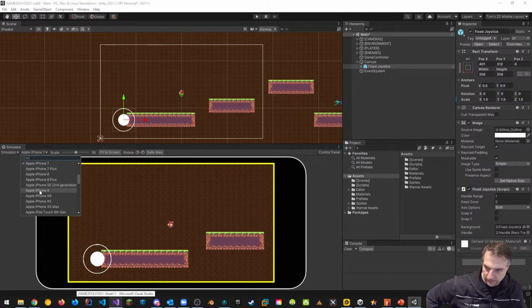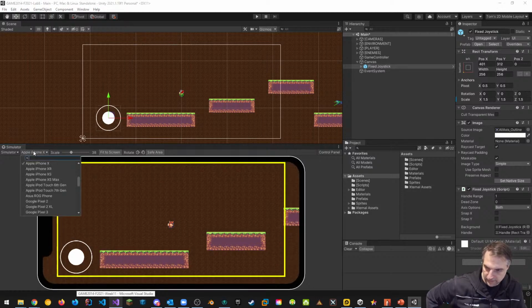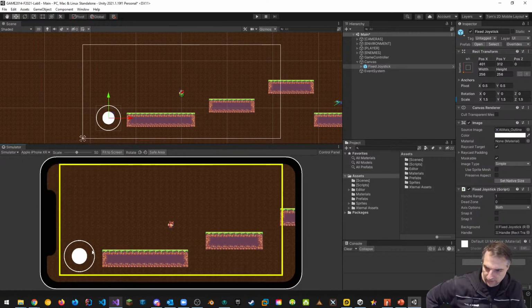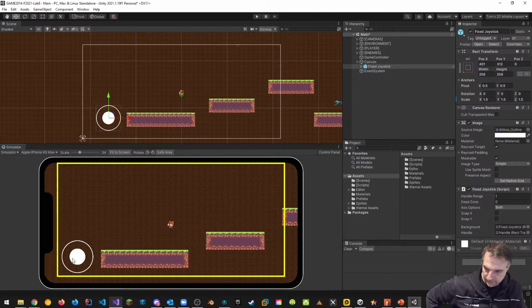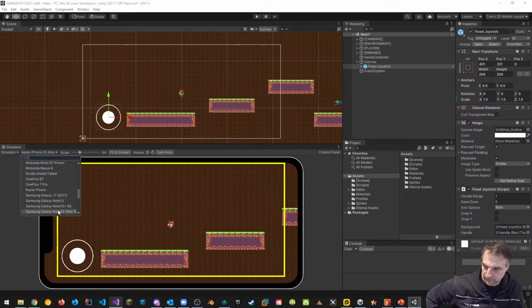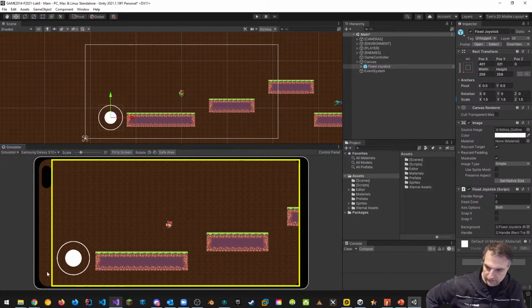If I check out the iPhone X, still inside. Most popular phones, or common phones I would say right now, XR, still inside. And as well as the XS Max, that's also inside. I probably want to put this a little bit higher though, in these cases. And what about the Samsung Galaxy S10 Plus? Again, you can't just check all of them right now, but at least you have an idea where it's going